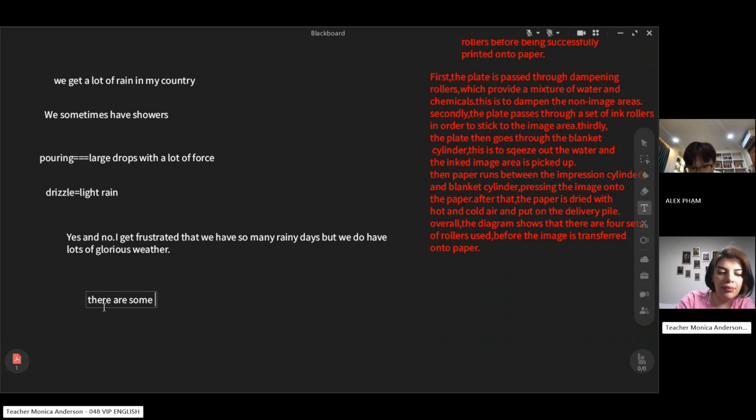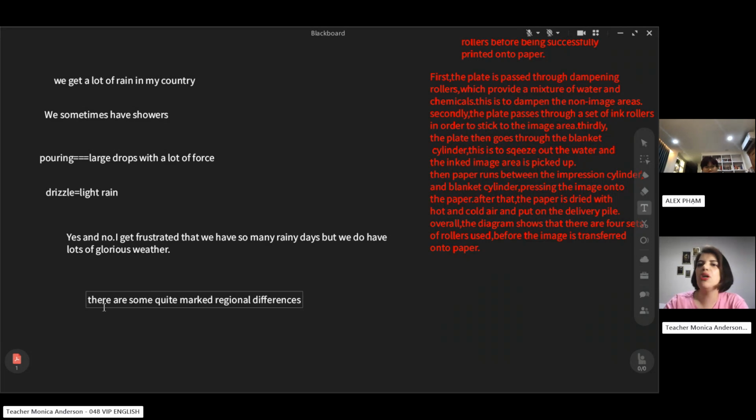Well, so you can say there are some marked regional differences. It means different weather in different regions, different areas. For example, I live in Hanoi, or for example, in the south, where the weather is